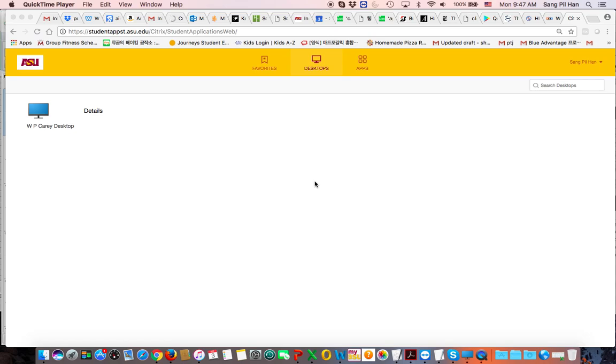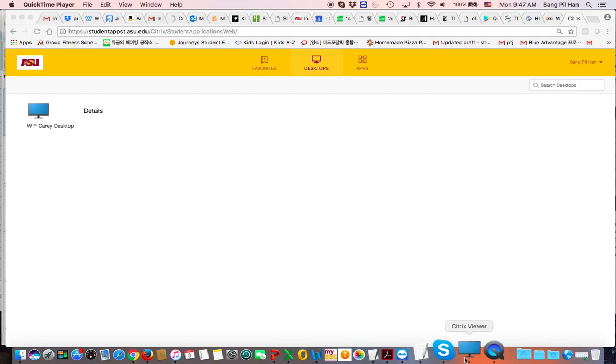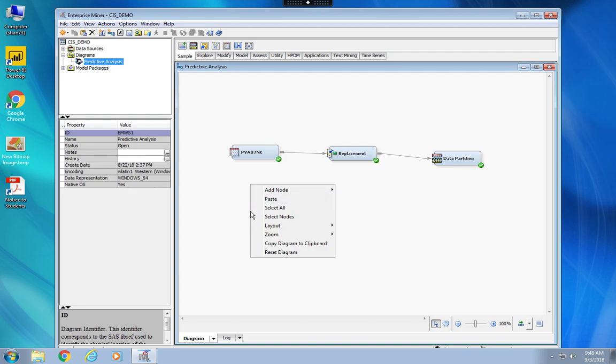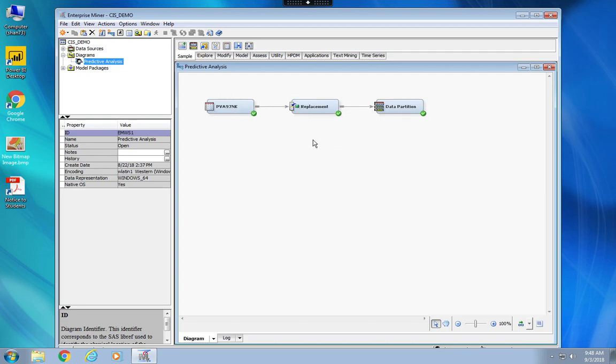In this video clip, I'm going to walk you through again how to use an interactive decision tree tool by which you can grow your own tree one node at a time. So let us go back to the SAS Enterprise Miner platform we had, and in order to beautify what's shown on my diagram, I'm going to rearrange them. By right-clicking it, select layout and select horizontally, and now it looks